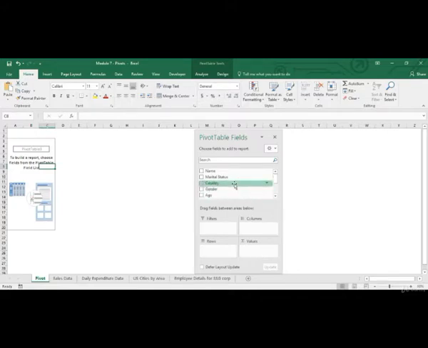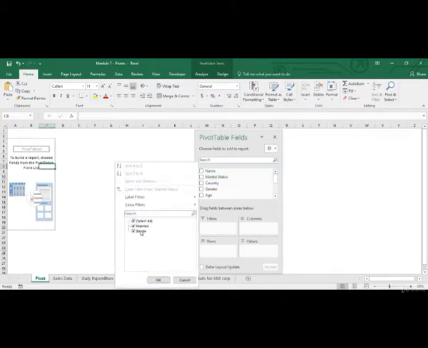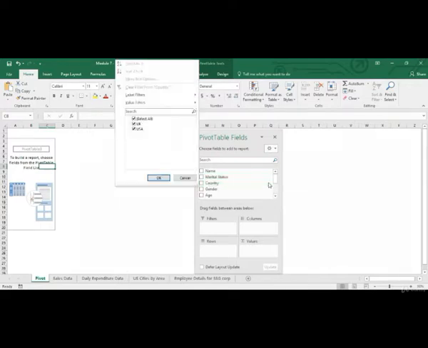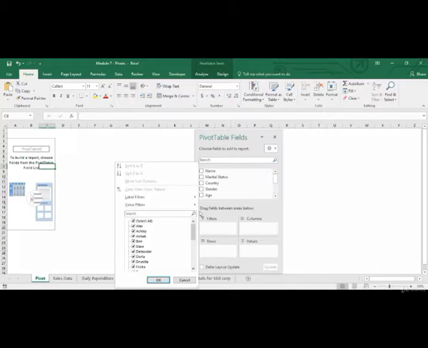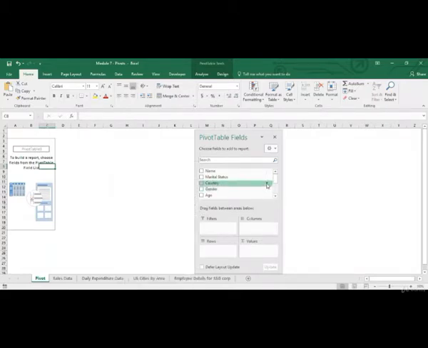So let's see how this works. For my marital status, I can see that there are two options, married or single. For my country, I've got UK or USA. Similarly, for names, I've got these different options over here. So using these drop down arrows, I can see the different values in a particular variable.